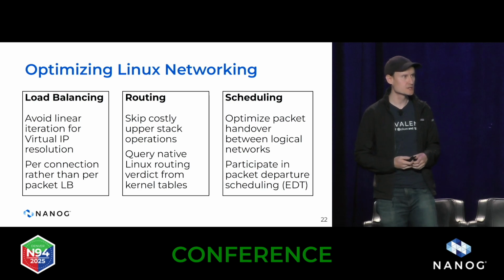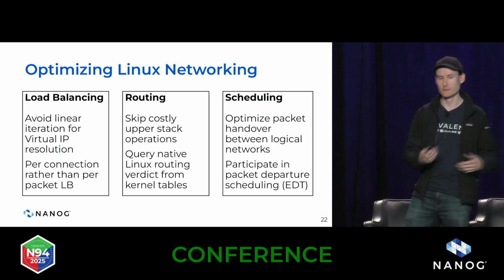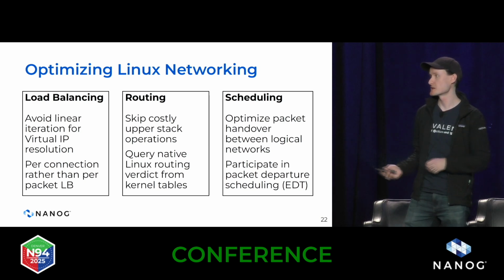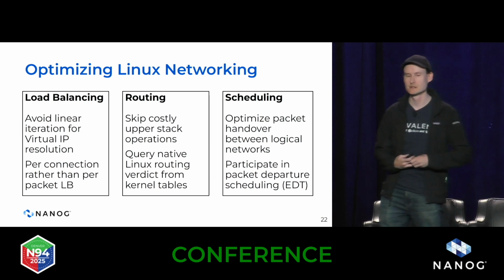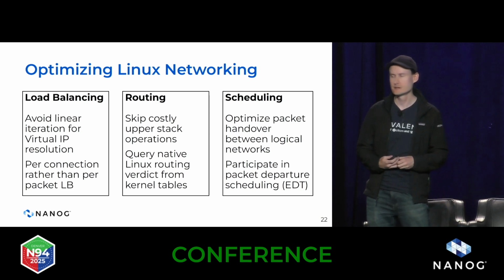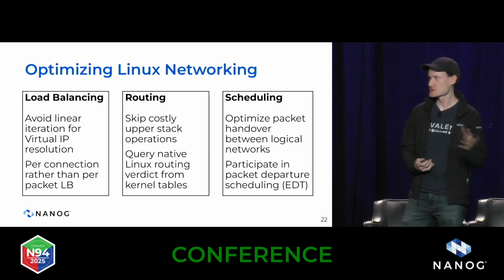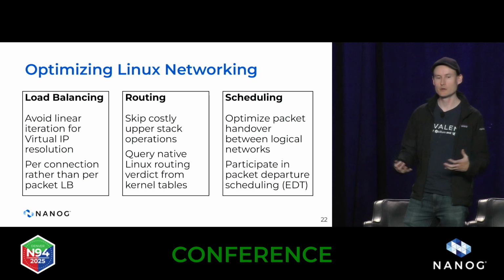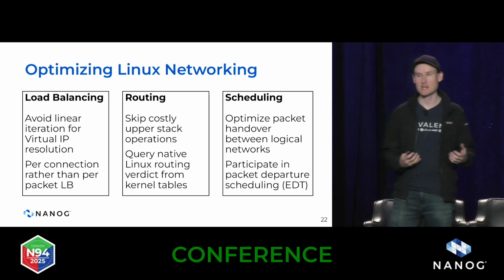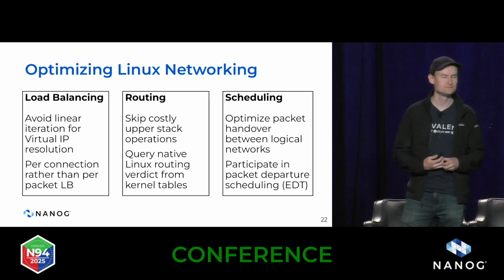And so in order to try to deal with some of those performance constraints, we've been doing a bunch of work on trying to optimize different aspects of the networking within the host. One of the areas that we're focused on is the load balancer. Traditionally, before Cilium, it was very common to encode a large number of front-end and back-end services into IP tables rules in the host kernel.